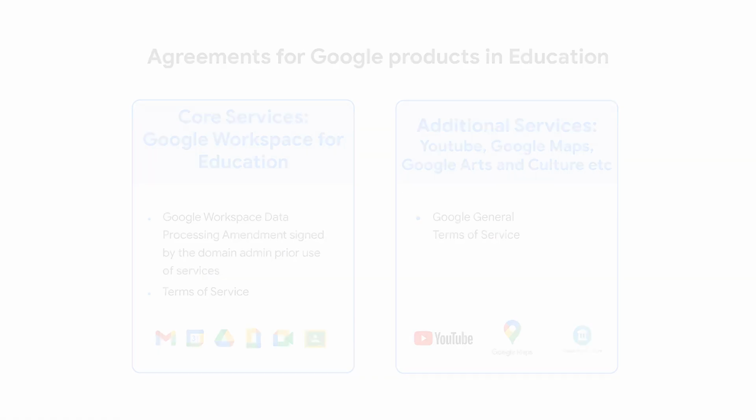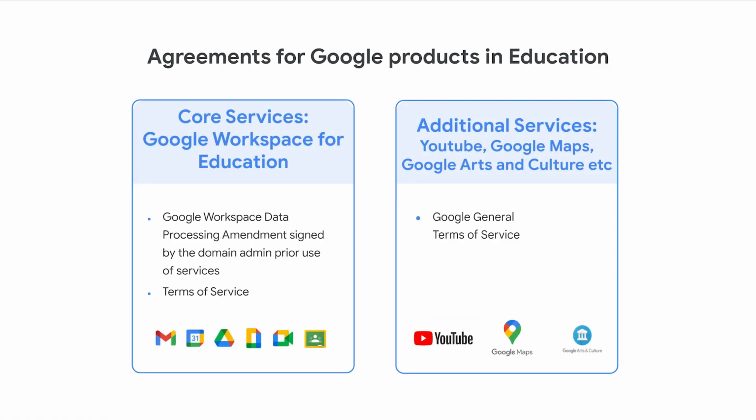Now, Google also has a plethora of other services which aren't part of our Google Workspace offering. These are called additional services and they're governed by different service terms, mostly the ones applicable to consumer services. There are some crucial differences between core and additional services. Additional services are turned off by default, and it's up to our customers to enable these for their users if they wish.